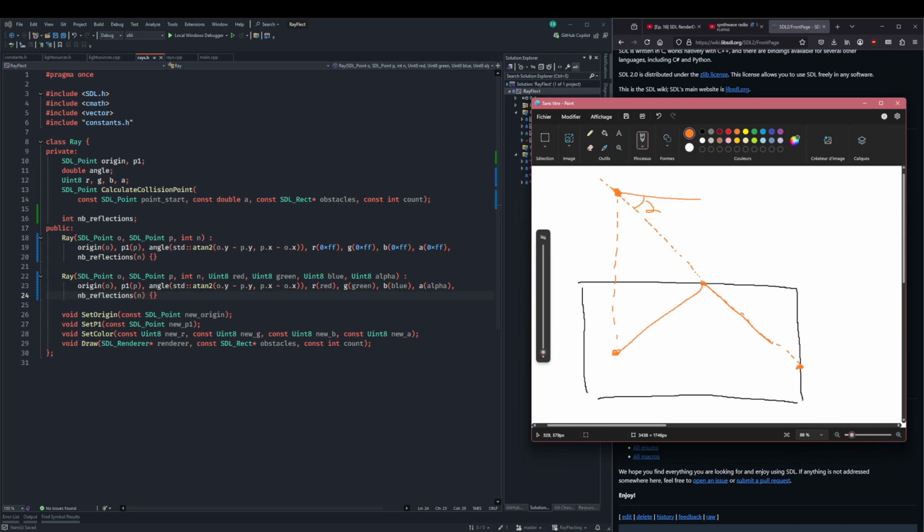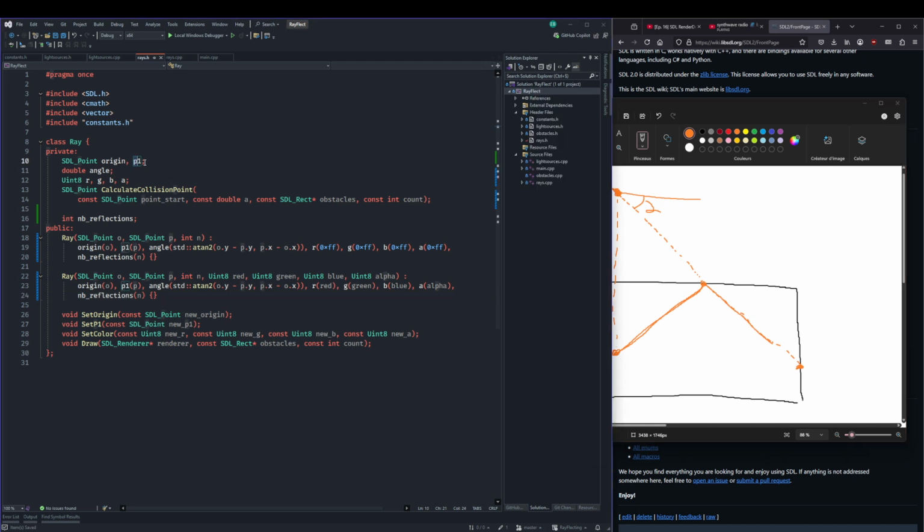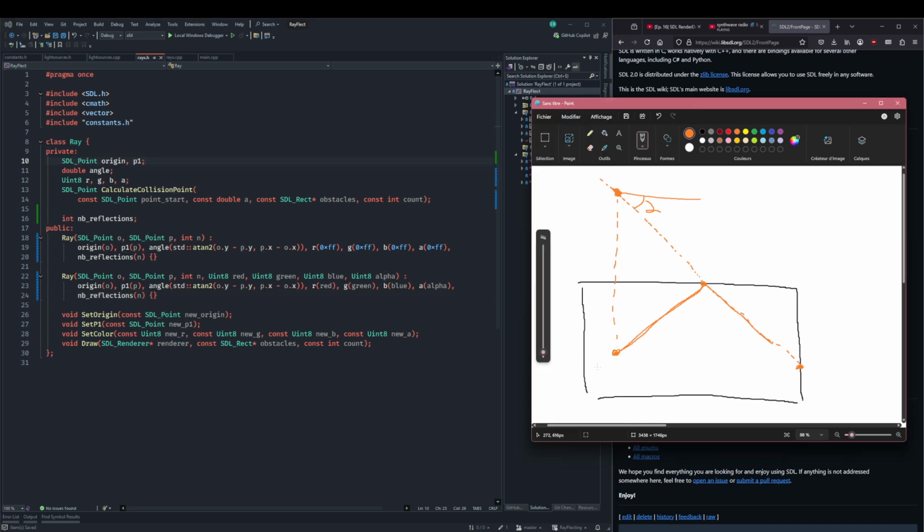We have this ray, and what we're going to need here is the origin of this ray. Well, not necessarily the origin, but it can be P1. If the origin is actually here, so we have our light source here, this works as well. Yes, because the angle here